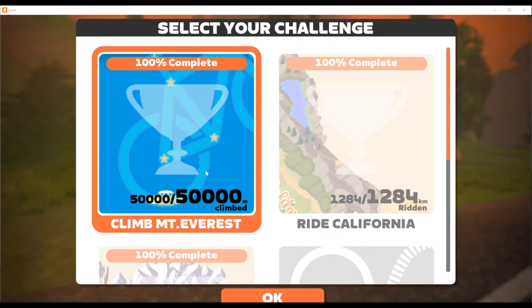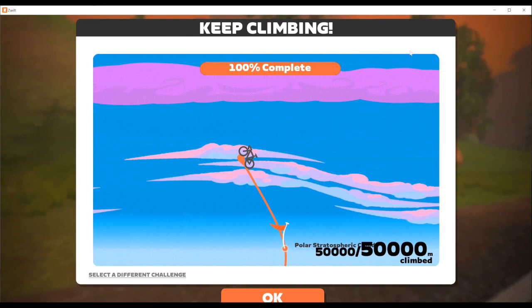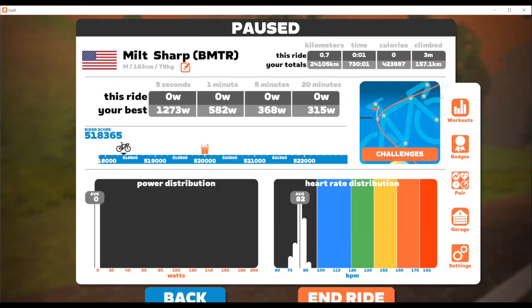Actually, there are different bikes that you can get access to as well. I'm going to show you that here in a moment. But first things first, click on Climb Everest. It's then going to capture all of your climbing, and when you get to the end, you will win the Tron bike, and it will be yours. There are other challenges in here, but again, in the screen before you sign out, you will see where the challenges are. That's where you want to click.